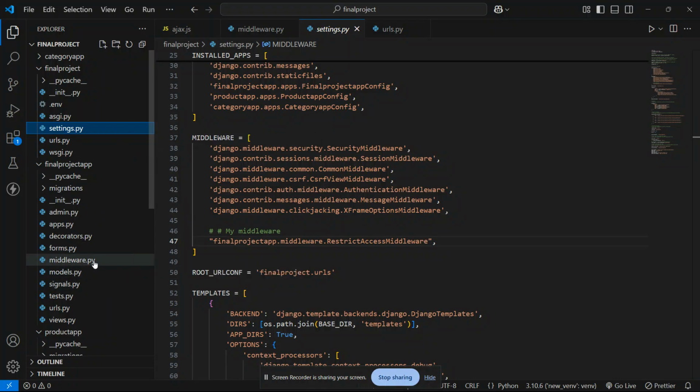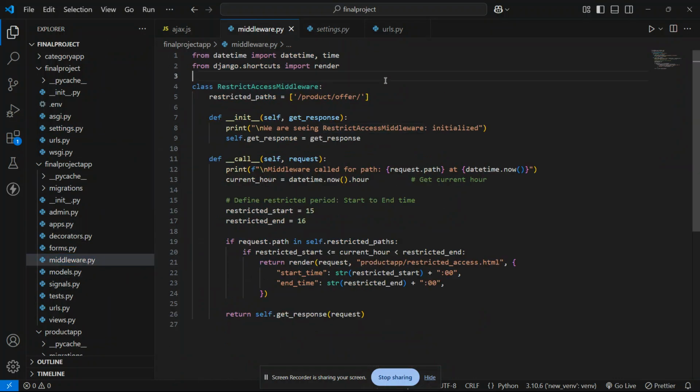So again coming to middleware.py. So here is the call, and when you come to your website or web application and want to fire some command, when you run the web server, at that time it will call this init method. Every time it will call the init method. After that,